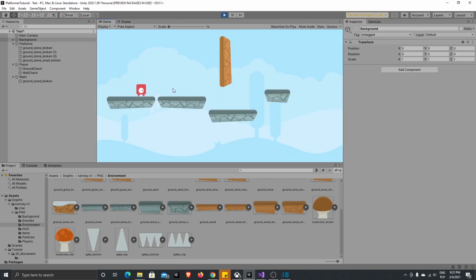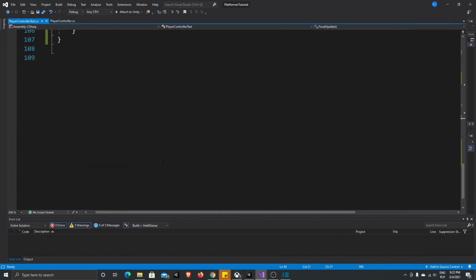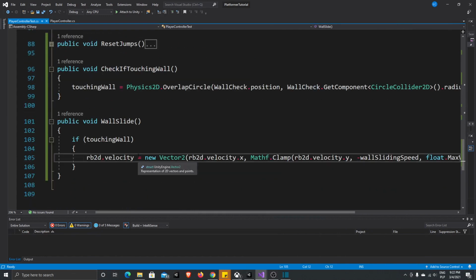And now, if I jump to our wall, as you can see here, we are falling slowly. I want to fall faster when I stop pressing D, but now it doesn't work like that. If I just touch the wall, I'm not touching the keyboard, and my character is falling slowly. So to change that, I will just add one line here, and I will write